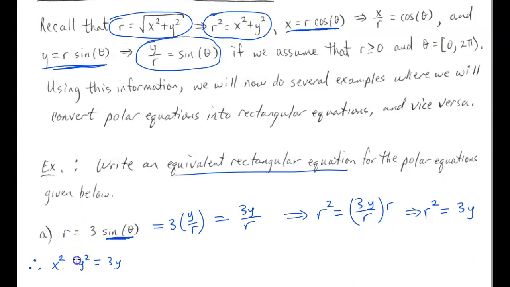Now, the thing with this is that although we have this in rectangular form, it's probably not something that is readily recognizable. So one of the things that we do see here is that this could possibly be an equation of a circle. And we know that because the coefficients on the x squared and the y squared are the same. And thus, what we could do is use the completing the square technique to help us get this